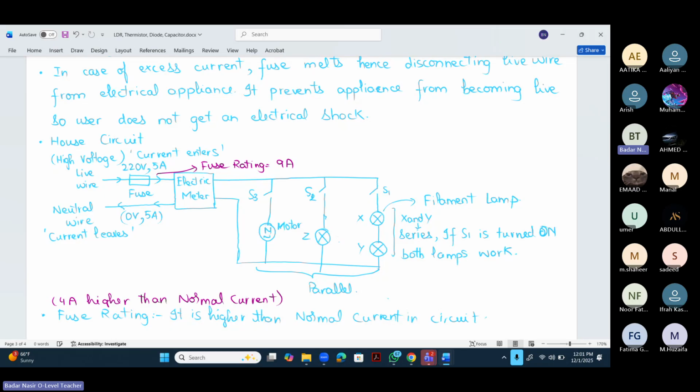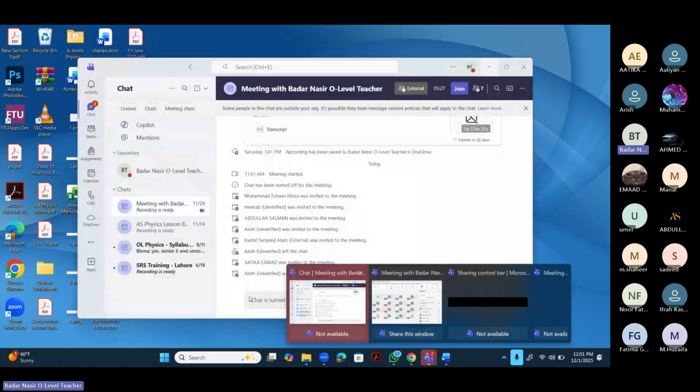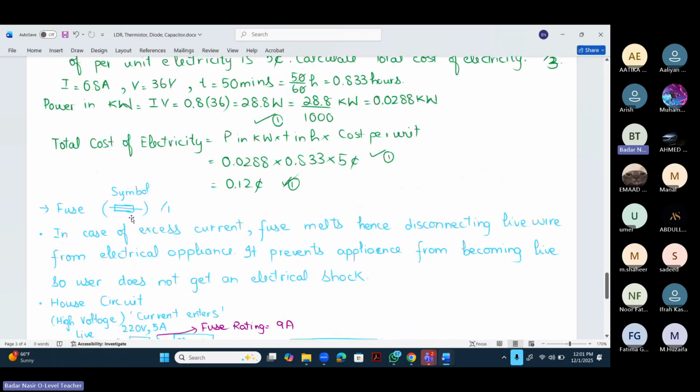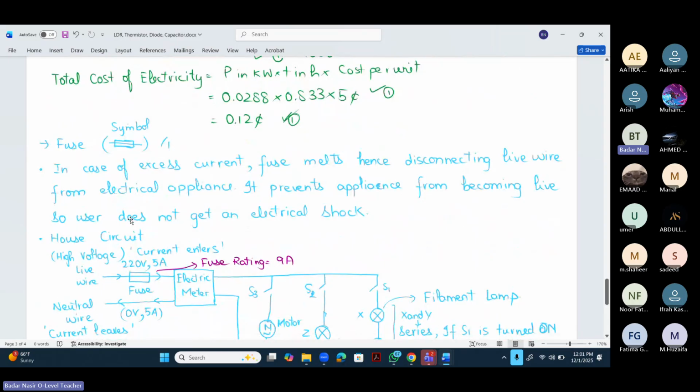देखो बेटा, अगर आप लेट्स से 9 amperes जो है अगर आप 1 एम्पेयर लेते हो, तो बेटा अगर थोड़ा सा भी करंट आपके पास इंक्रीज होता है तो उससे क्या होगा? उससे ये होगा कि आपका फ्यूज मेल्ट होता जाएगा and you have to keep on replacing it again and again. अच्छा, why does the fuse actually melt and how does it melt? जो फ्यूज है, it's made from a thin wire, और जो थिन वायर होती है it has a very low melting point। ठीक है,